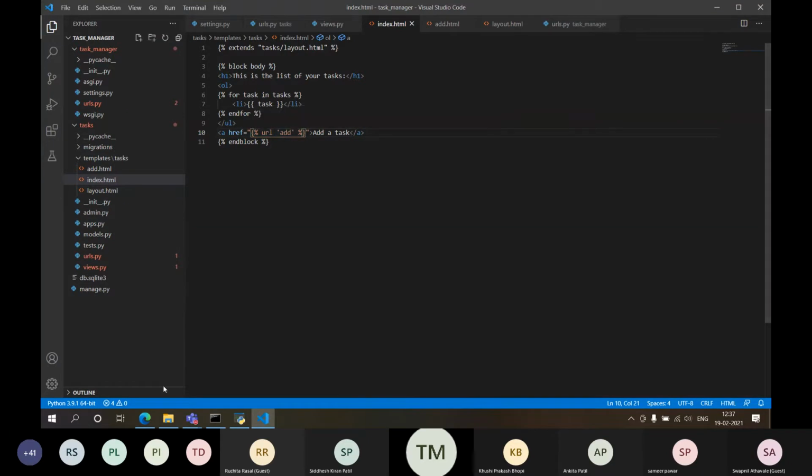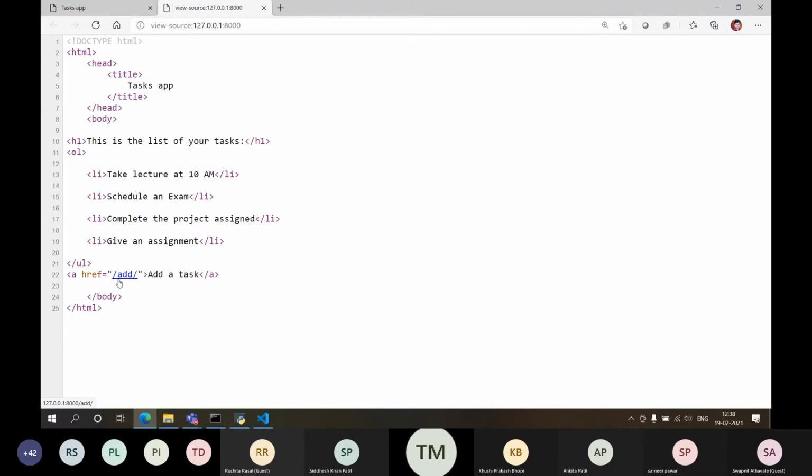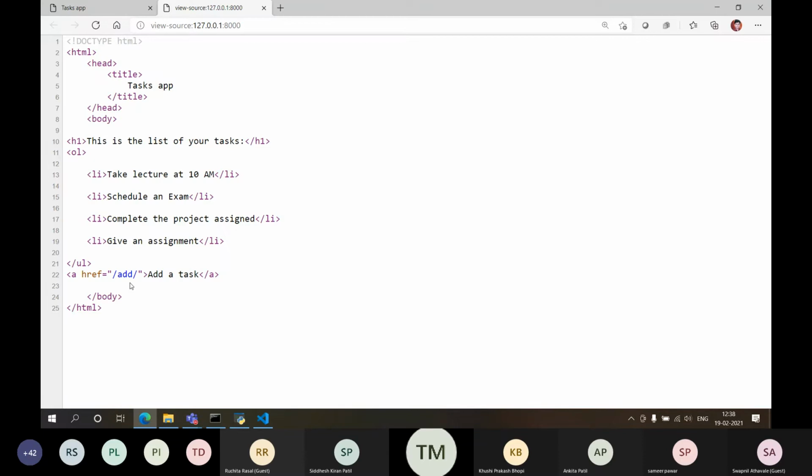So just refresh this page and check your source code. You see it is /add/. I have not given any slash before and after, but I have written url over here, because of which it recognizes /add/.